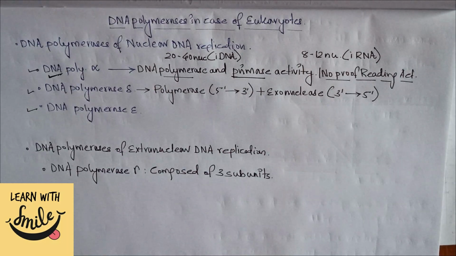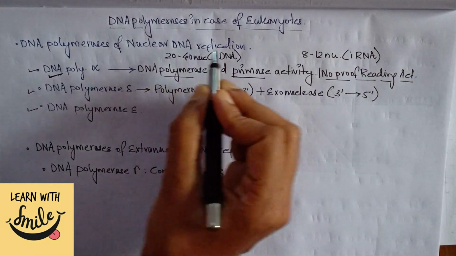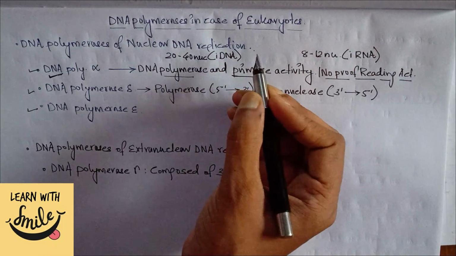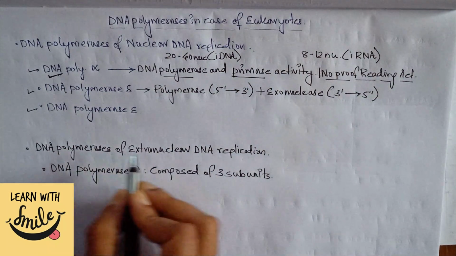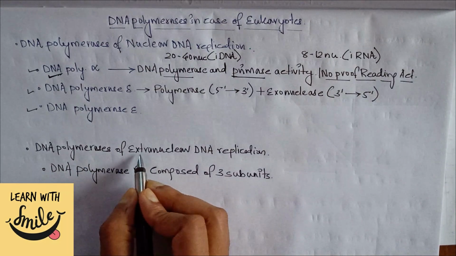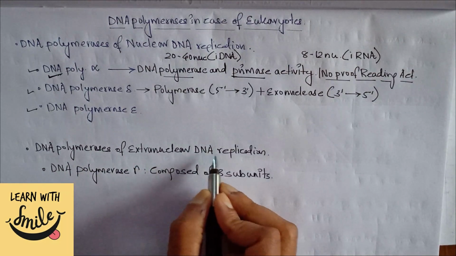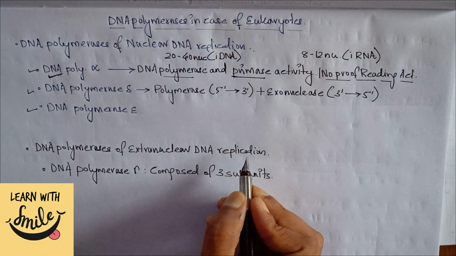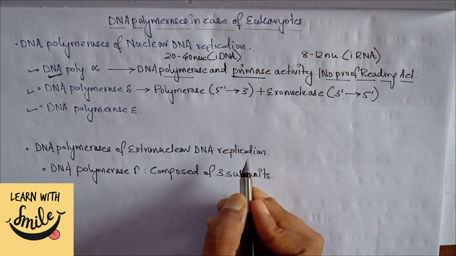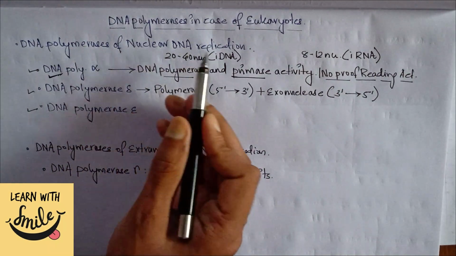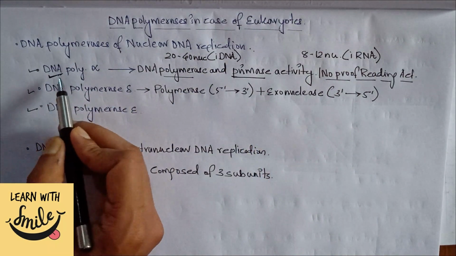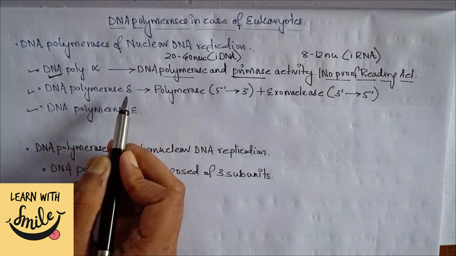In the first class, we would keep all those DNA polymerases which play a very active role during nuclear DNA replication, and in the other class we would like to keep all the DNA polymerases that play a prominent role during extranuclear DNA replication, that is, in mitochondrial DNA replication. So starting with the DNA polymerases of nuclear DNA replication, we have DNA polymerase alpha, DNA polymerase delta, and